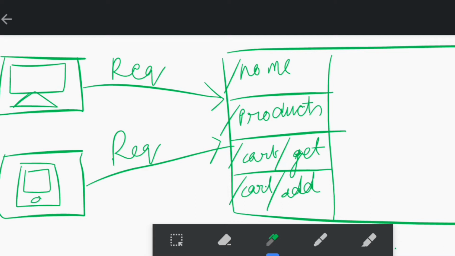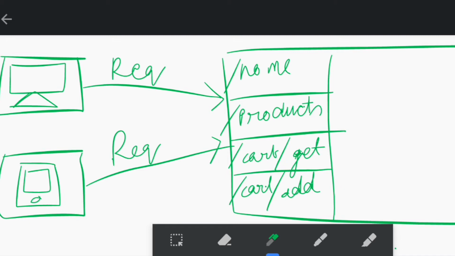Next, it will call the /products URL or endpoint to get all the products in the form of JSON. Finally, it will call /cart/get and /cart/add to get the details from the cart and also for adding the product details inside the cart.